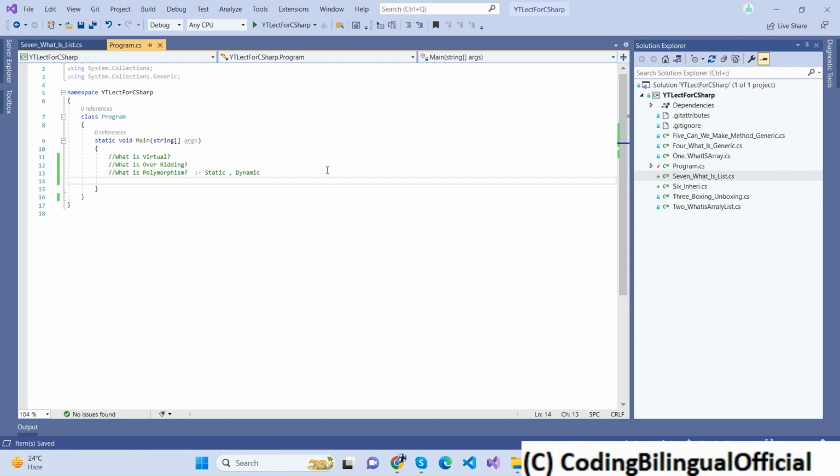So overriding is basically a part of polymorphism, because polymorphism has two types: static polymorphism and dynamic polymorphism. Now static polymorphism is implemented with method overloading, while dynamic polymorphism is implemented by method overriding. So to go further and deep dive into polymorphism, we must have basic knowledge of overriding. So to learn overriding, let me just